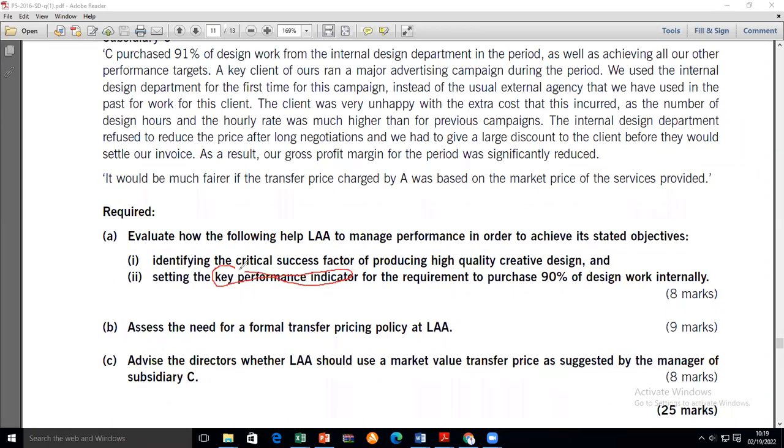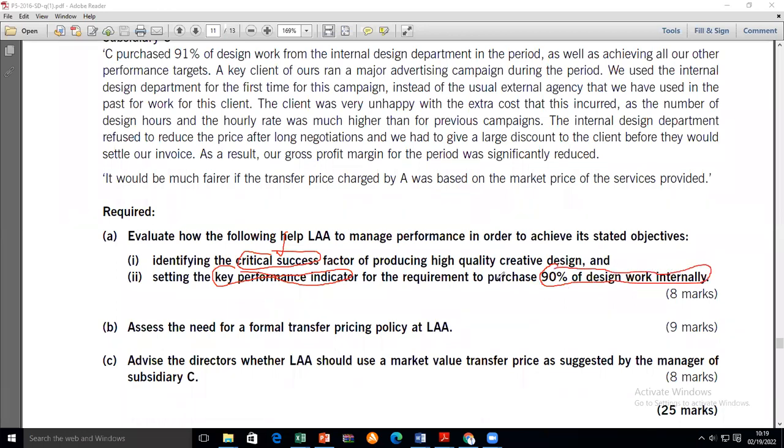But setting a KPI is very important in achieving our critical success factors, in monitoring the critical success factors. So this is a statement of fact up to there. Now, in this specific one, because this paper is not just regurgitating notes about application, it says, setting the KPI for the requirement to purchase 90% of design work in 10 nights. Do you think that this KPI,